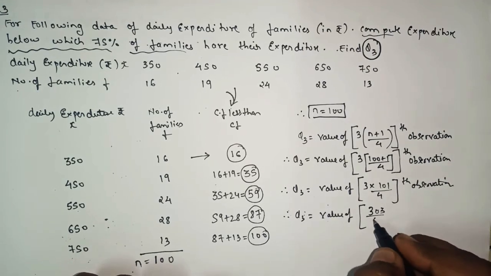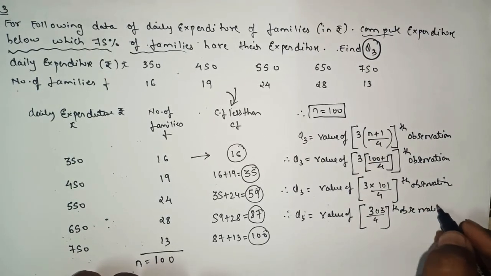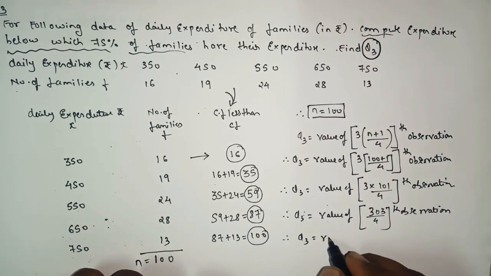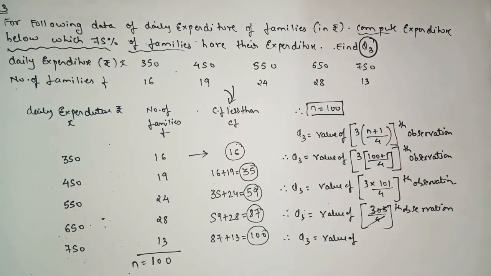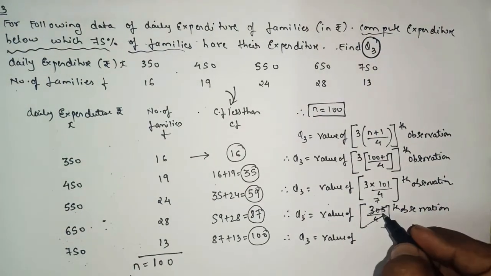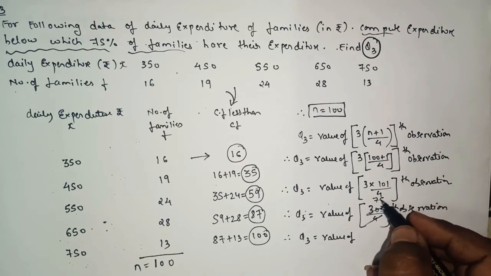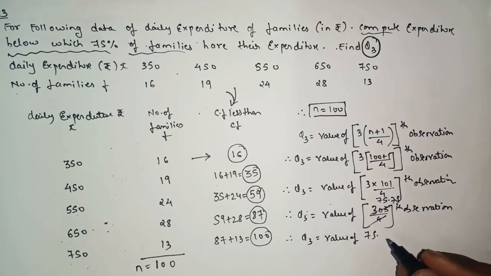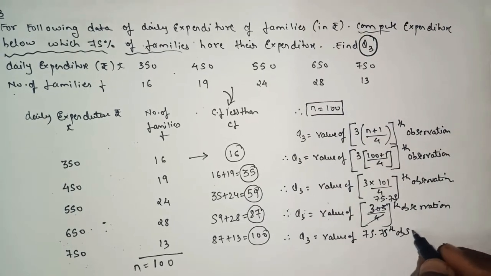303 divided by 4. Yes or no? So therefore Q3 will be equal to what? When you divide, you will get 4 sevens are 28, then 2 carry, 4 5s are 20, again 2, so here you will get 75.75. Yes or no? Observation,